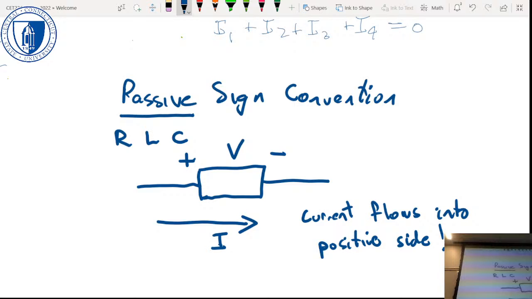Ohm's law works. V equals IR. If I didn't have this happen, if I had the current flowing that way, or if I swapped the positive and the negative, Ohm's law would come out as V equals minus IR, right? Which doesn't really help. You're better off having V equals IR. So that's one reason. The other reason